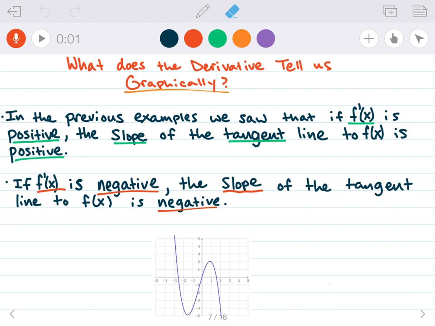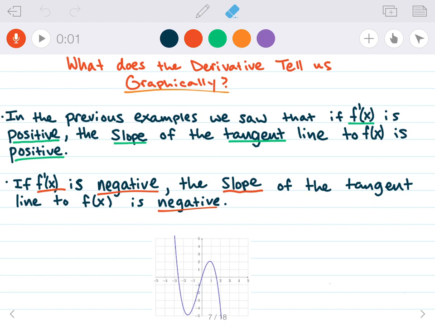Hey guys, in the last video we practiced graphing derivatives from functions, and in this video what I want to do next is do some examples where we're going the other way. So we're given a graph of a function's derivative and we're trying to find a possible function that could match it. And so we saw in the previous video that when the derivative f prime of x is positive, the